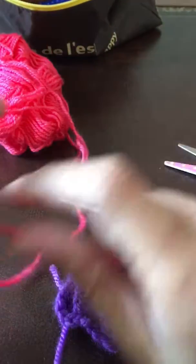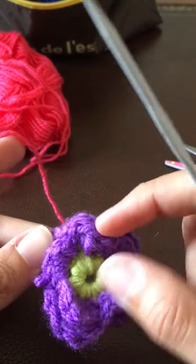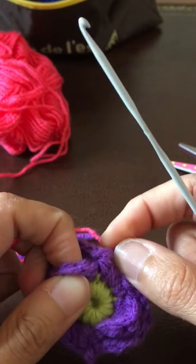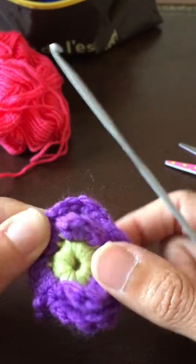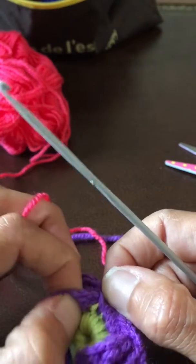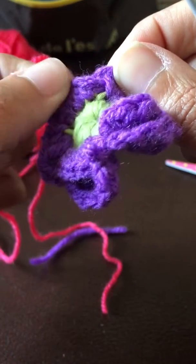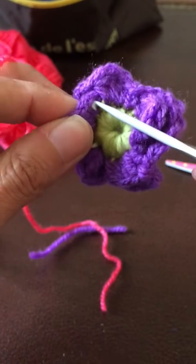So I have located the coral yarn I thought I had lost. So there it is. I will attach my yarn on one of the single crochets of the front petals. Sometimes in the front, especially in the front petals, the single crochets will be a bit hidden. You just need to learn to find them. See, so this is my first one of the single crochets of the front petals. I hope you see this. See my single crochet right here. So I go in there and